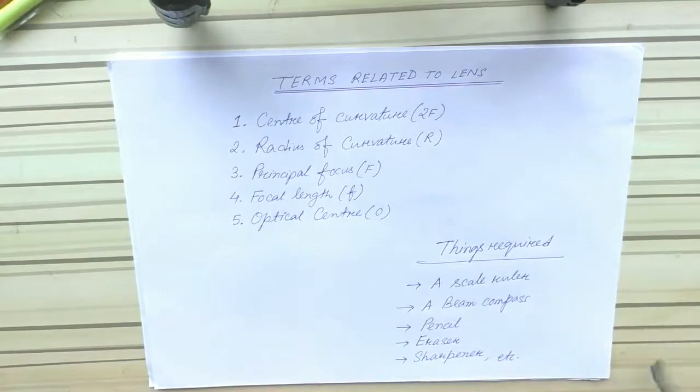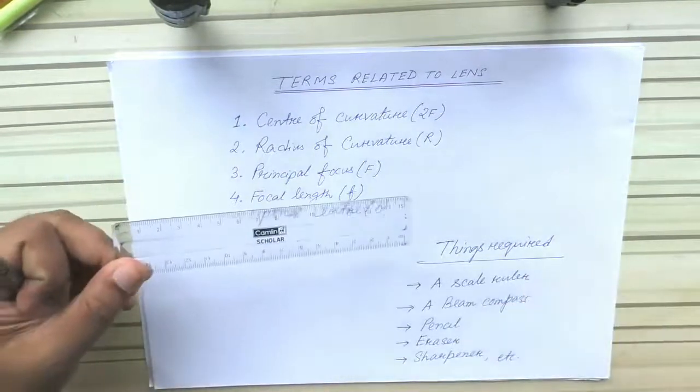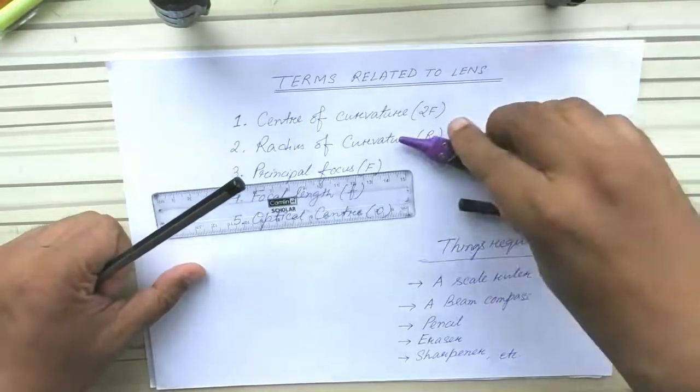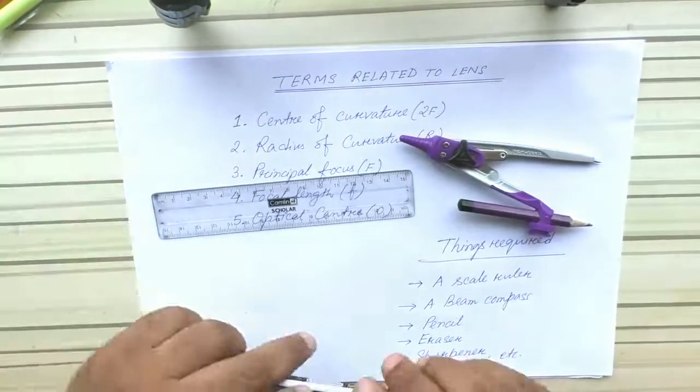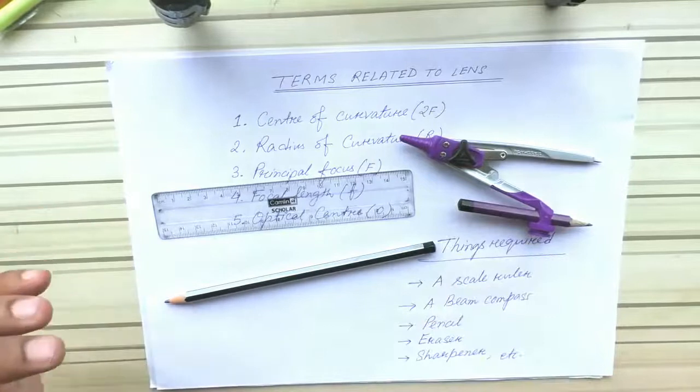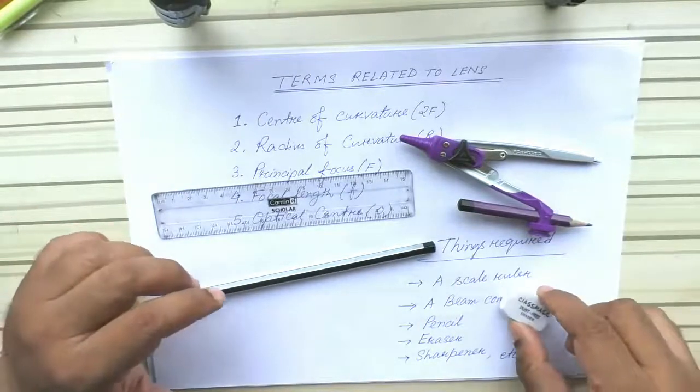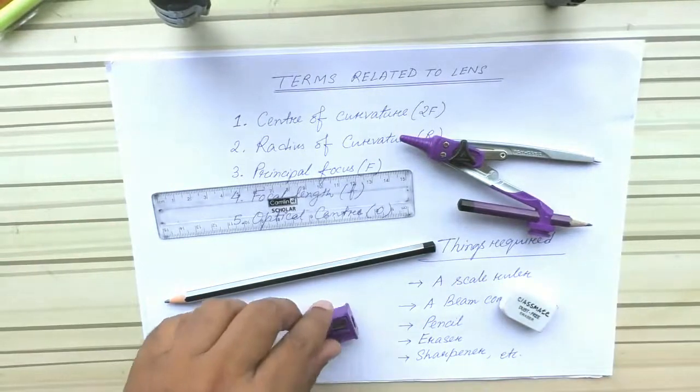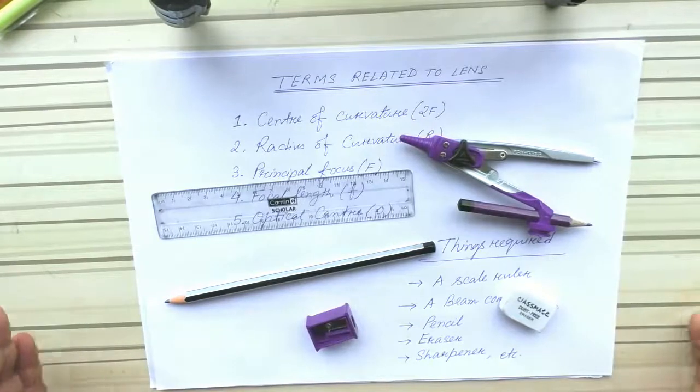So this is the scale, ruler which you need. You need a beam compass, then you need pencil, you need eraser, and you also need a sharpener. So these are the required things. Be ready with these